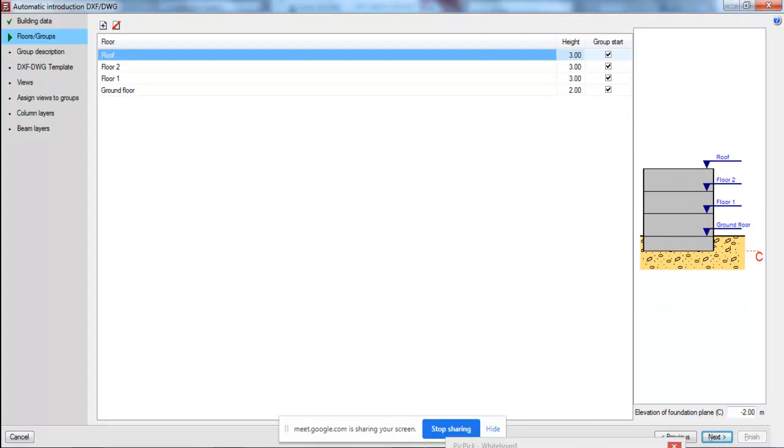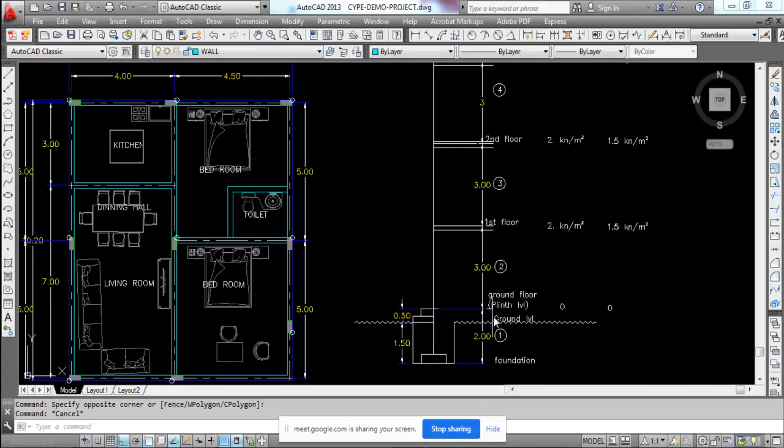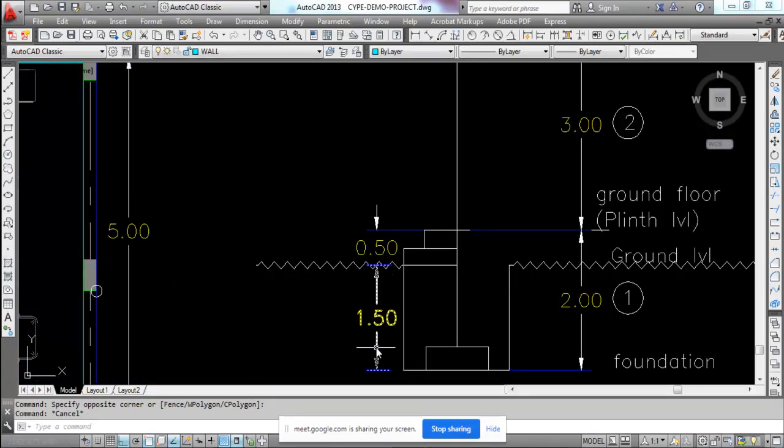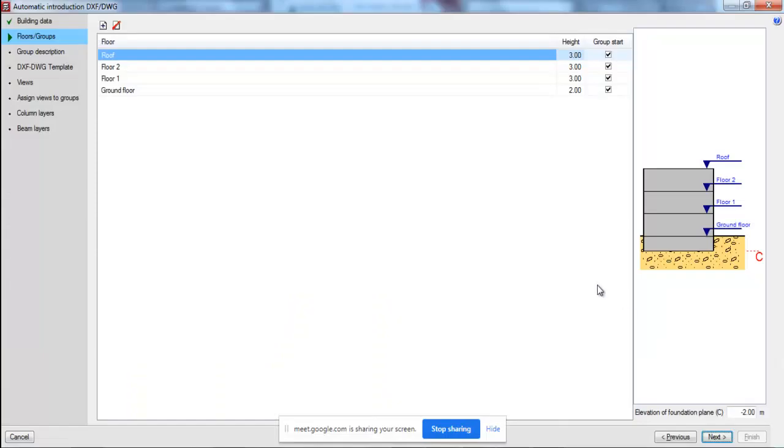You can see, you can witness this, the number of floors. This is a basement floor, sorry, this is below the ground, and then we have first floor, then second floor and roof. Now actually if you look at this very clearly, the whole 2 meter is below the ground here, but in fact we require only 1.5 meter to go below the ground, 0.5 meter should be above the ground. So we need to make this adjustment.